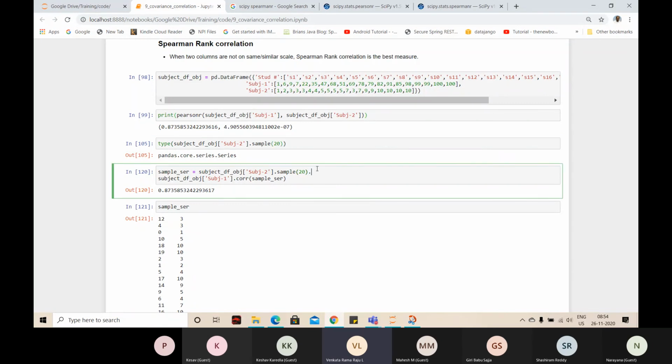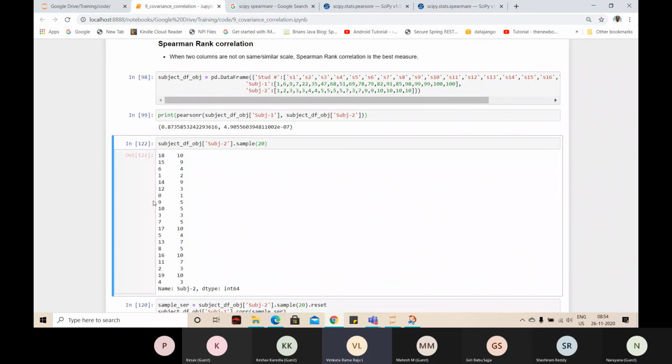Sample dot. When I reset the index, right, what happens? Let me show you. This is also an important thing. When I sample, right, the indexes got changed, right? See, this is 10, right? When I say